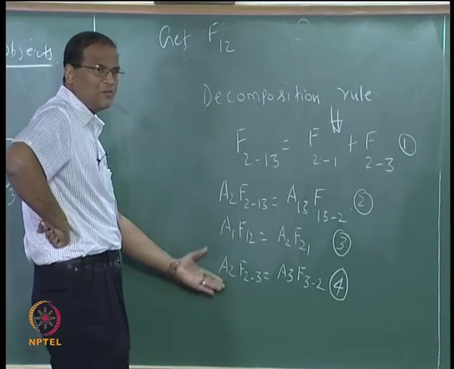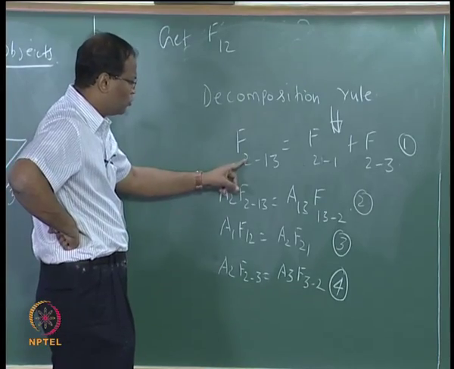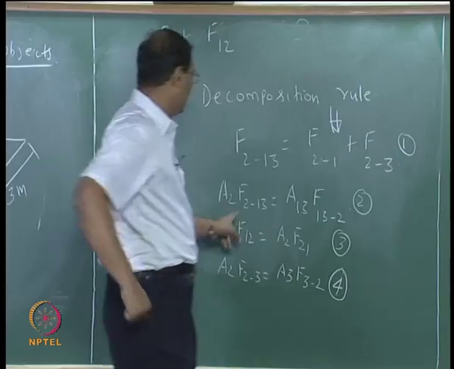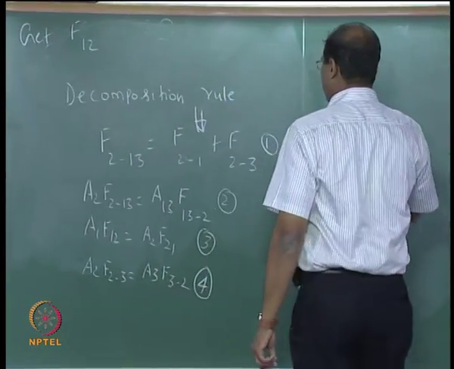I just wrote 3 reciprocal relations. So I will substitute for F2 to 13, F2 to 1 and F2 to 3 from these equations, and let us see what happens. So F2 to 13 is basically